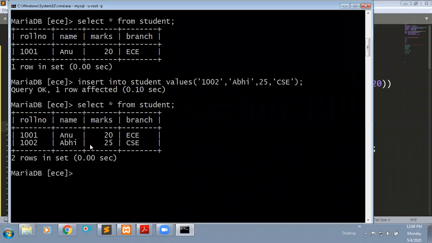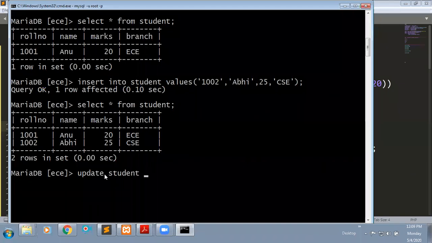For example, I have inserted the data into the table. Now I want to update this table. Roll number 1002 is there, name is Abhi. I want to rename this name in the place of roll number 1002. I just want to update this data. To update your data, we have the update query: update student set name equals to, I'm going to change the name to Pavan. Where do I want to give this name in the table?